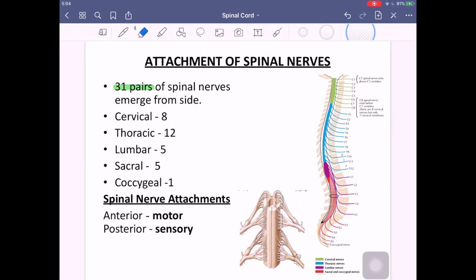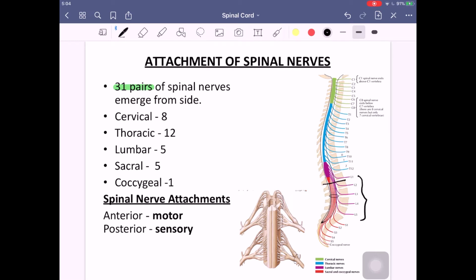That is the reason, if you notice in this particular figure, your cervical segments are more or less in the cervical region only, but if you see the lumbar, L1 is here and L5 is here, and they are already arising. If you count, your lumbar is already ending. You can see this is sacral and coccygeal, it is ending at L1, but the nerves are coming lower down. So there is a mismatch.